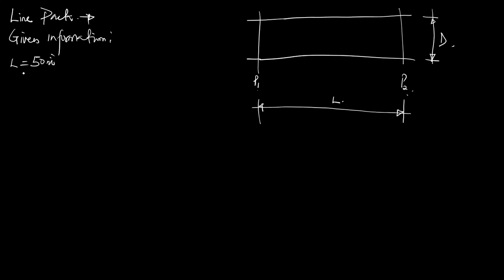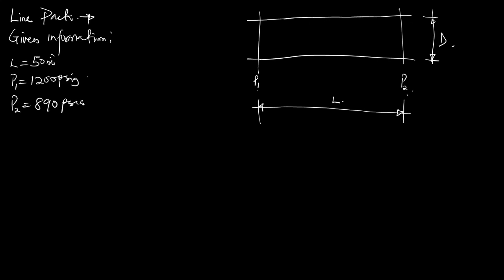They gave us the upstream pressure, which is 1200 psig. They gave us the downstream pressure or the outlet pressure, which is